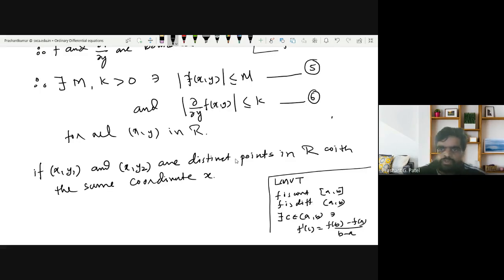our function f(x,y) is continuous with respect to y, and since it is given that del f upon del y exists, that means it is differentiable with respect to y. So this function f is continuous over this rectangle, and differentiable in the interior of that rectangle. I am talking about with respect to y. So by mean value theorem,